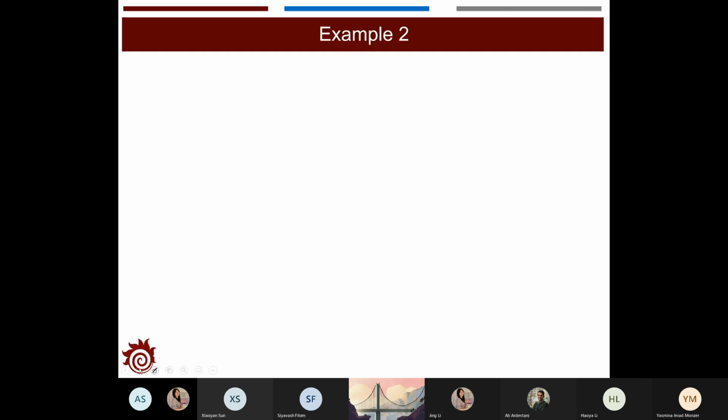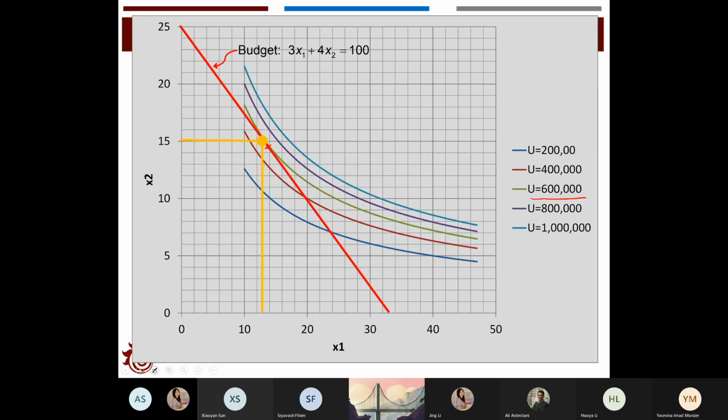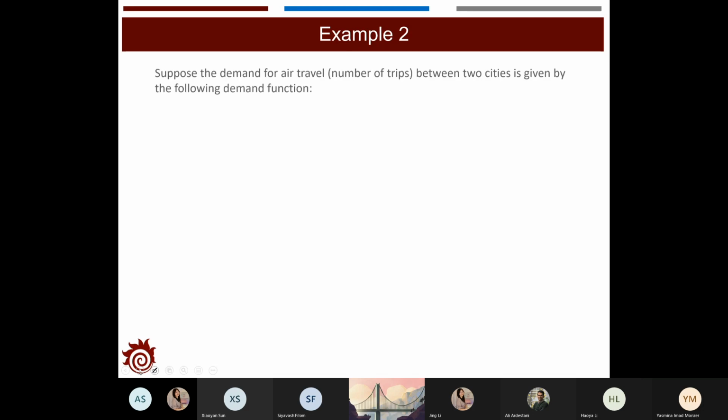And so that's the first example. You can use either method to find out the optimal solution. And for the second example, which will be related to the demand and supply functions, suppose that the demand for air travel between two cities, for example, from Ottawa to Hamilton,